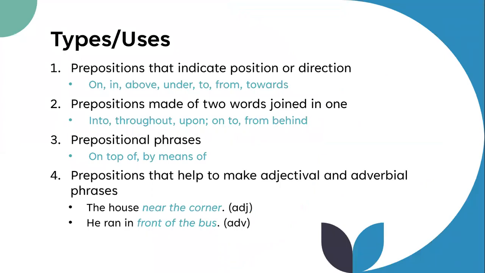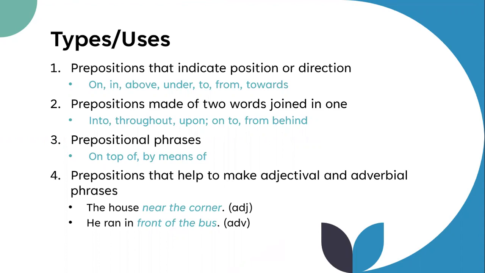So what are some types or uses of prepositions? So we have prepositions that indicate position or direction: on, in, above, under, to, from, towards, etc. We have prepositions made of two words joined in one: into, throughout, upon, onto, from behind. We have prepositional phrases, on top of, by means of, and with prepositional phrases, they always begin with a preposition